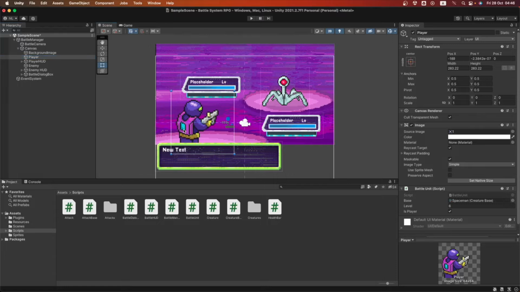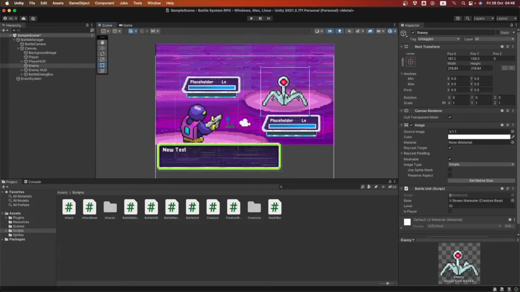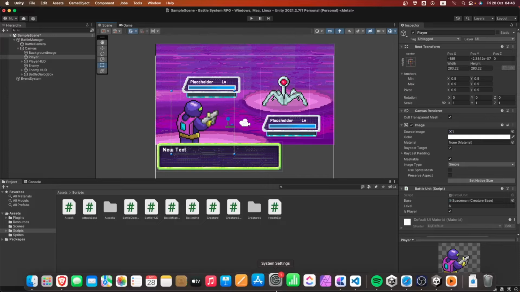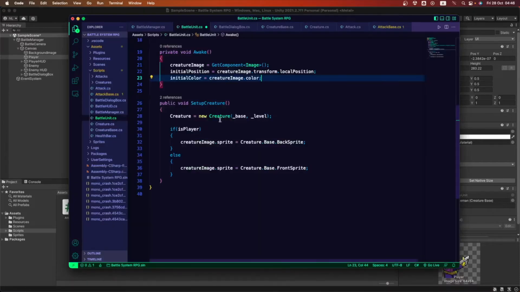They came from the sides, so the animation worked like this. This one came from this side, and this one came from this side. We're gonna add that to make the battle look better. So we're gonna hit Ctrl Z to get them to their position. Great, and let's go back into our code editor.